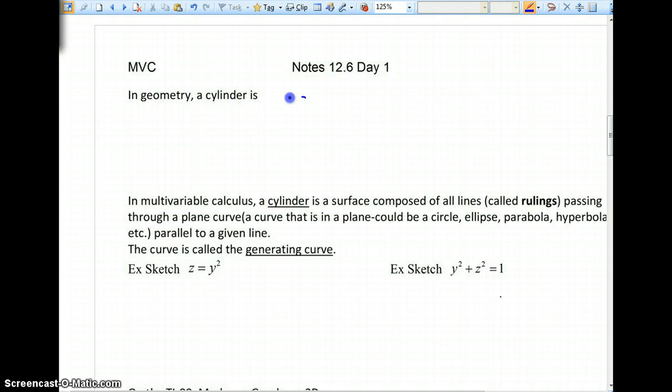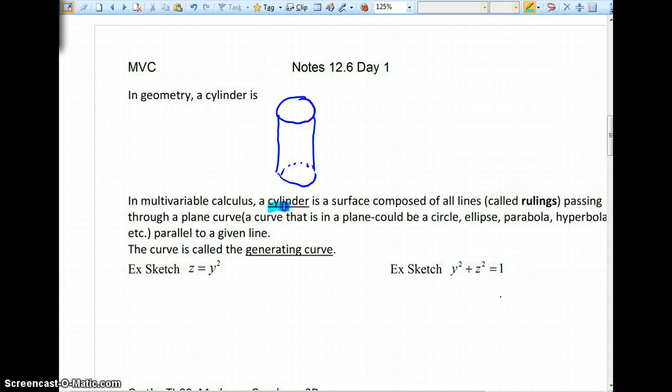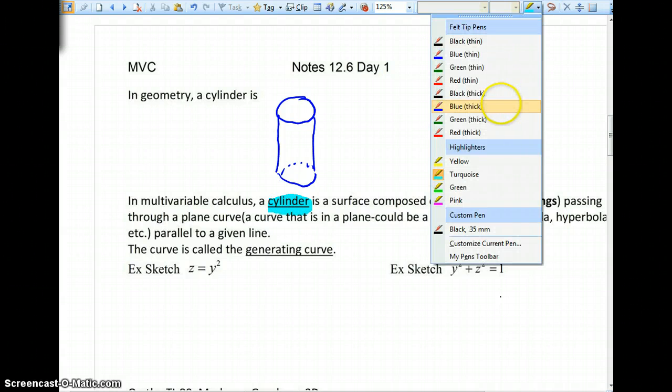In geometry, a cylinder is a three-dimensional object where you have two bases being circles and a lateral surface, a smooth surface around the shape between. And of course, we've talked about that many years ago in geometry. Well, now in multivariable calculus, we're going to see that this cylinder could look like this, but we're going to